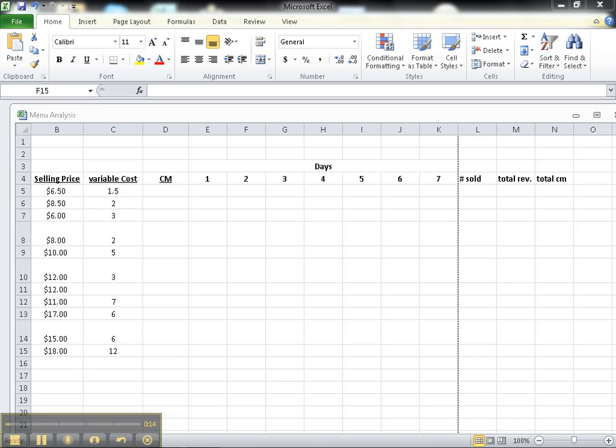We have the menu items down the left. Now you'll notice we have not included all the menu items just because you can do that yourself. Across the top we have certain things. I want you to set your Excel spreadsheet up exactly this way, and now we're going to show you how